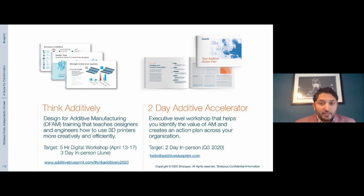In the spirit of a new mindset, we have 2 education opportunities we offer to customers. Firstly, our Think Additively program. This is targeted towards engineers and designers. It's our Design for Additive Manufacturing course that typically takes 3-ish or so days at a customer site. Given the current environment, we likely are pushing our in-person session event scheduled for June. However, we do have a mini digital session scheduled for April 13th to 17th. It's 1 hour each day for 5 days straight. We plan to go through our 6 business drivers a bit more in depth and the 5 additive principles that David mentioned. To register, go to